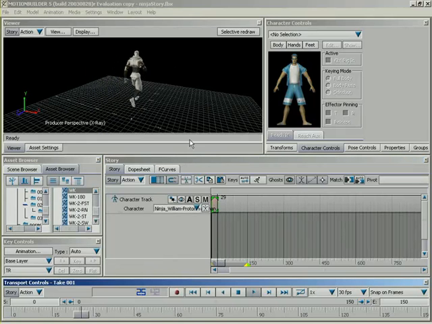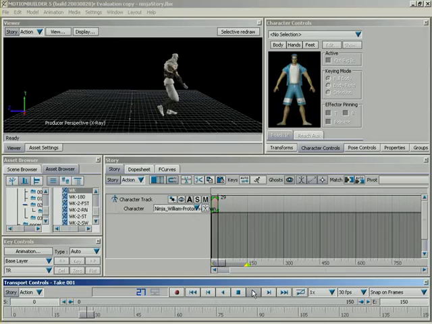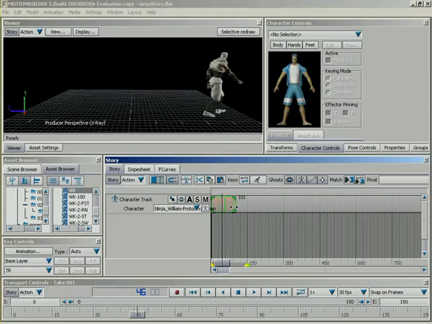What I want to demonstrate is, let me hit play real quick so you can see this particular animation. All it is is a simple walk sequence that is cyclable. Essentially what that means is the clip ends at almost the same pose at which it starts. So you could cycle this clip over and over and over and get a constant walk sequence. Let's say you wanted to do that. You don't have to bring this clip into story over and over. All you have to do is take your loop clips tool, which is activated right now,